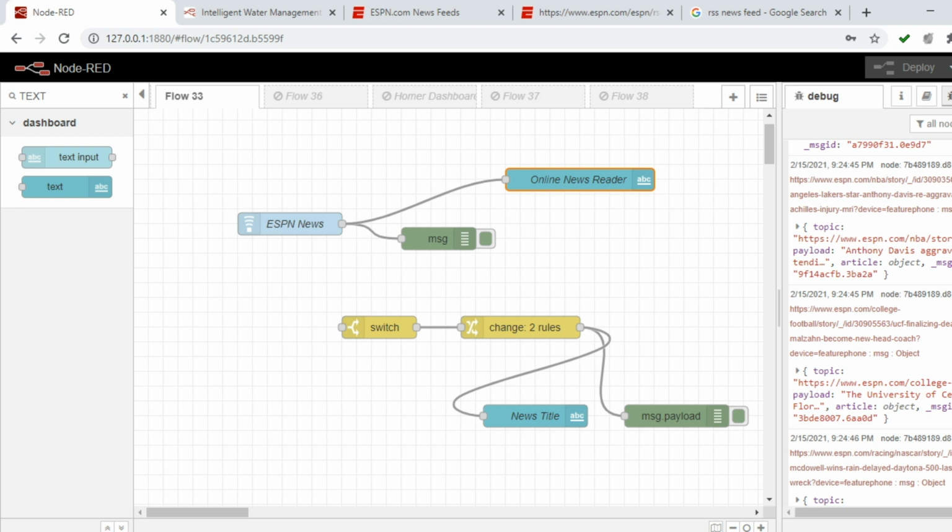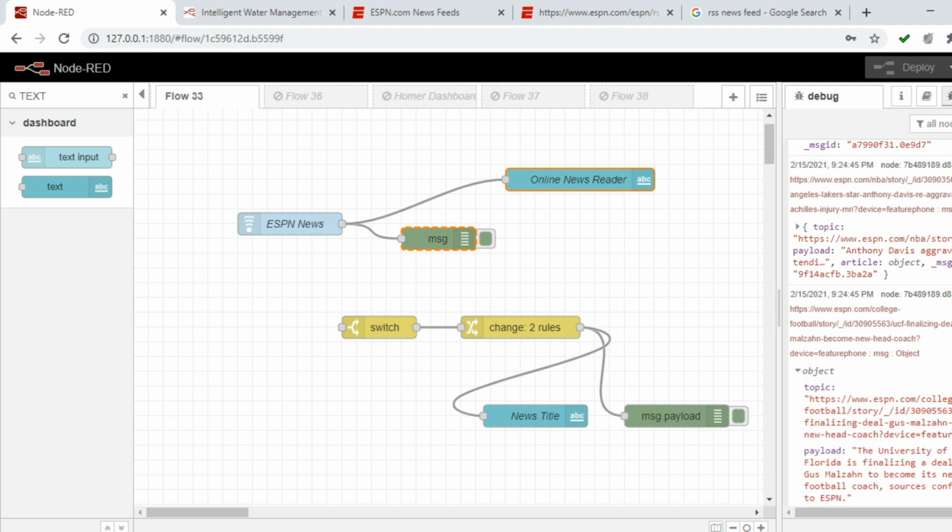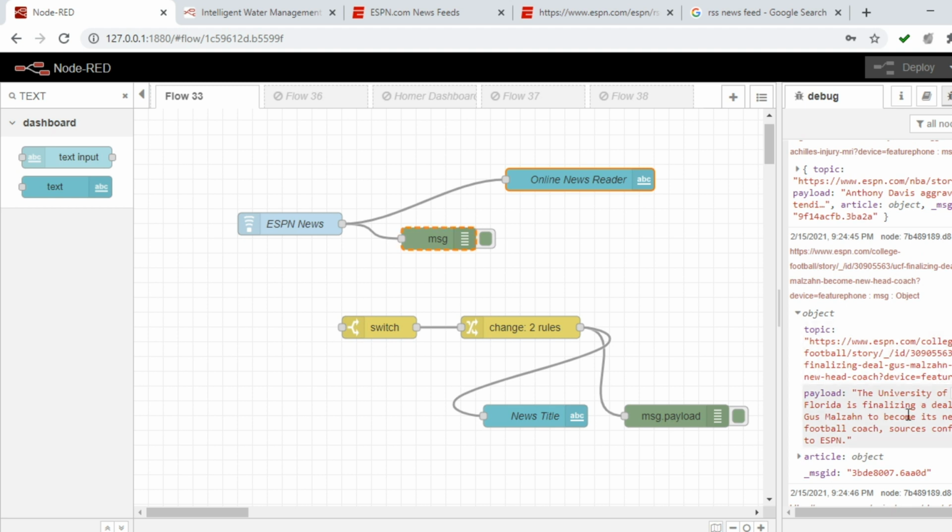Okay. So now let us consider a topic like this, which holds the University of Central Florida. So let me take a keyword as university. Now I want to include a switch node.